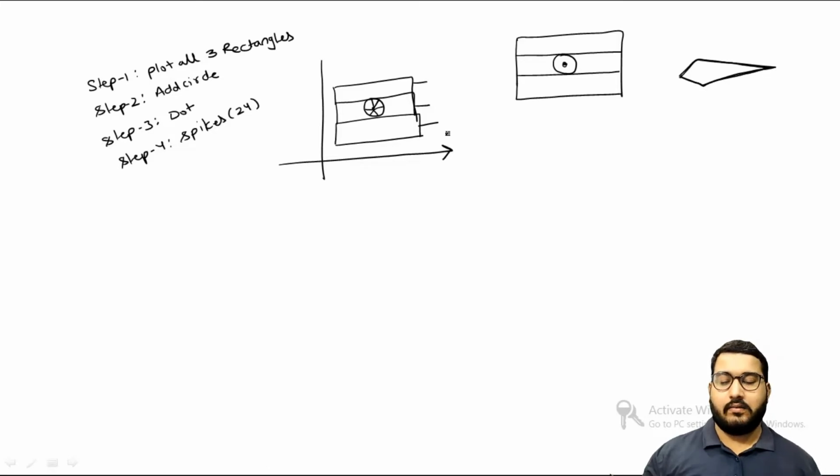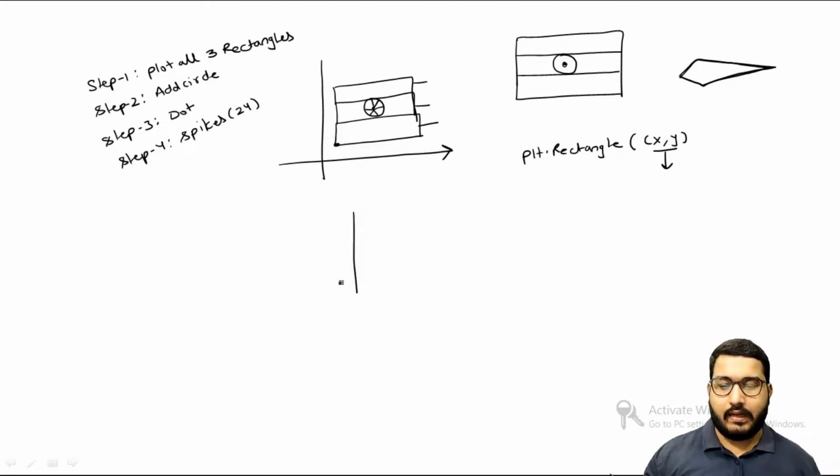Now in Matplotlib, if I want to plot a rectangle, we have a function known as rectangle. It takes the input x comma y. This x comma y is basically the coordinate at the lower left. Now if you have the x and y axes, and you want to plot a rectangle like this, the x and y which we provide as input to this function will be pointing to this x and y.